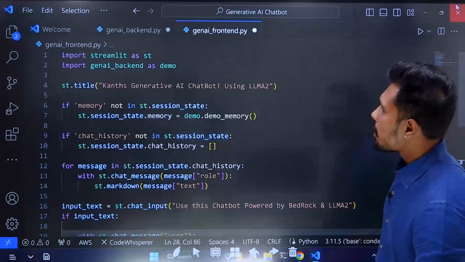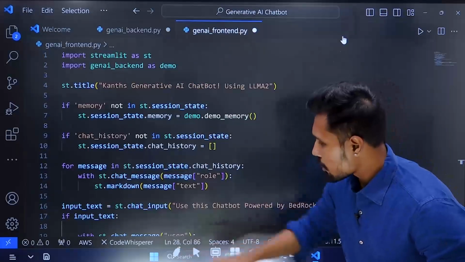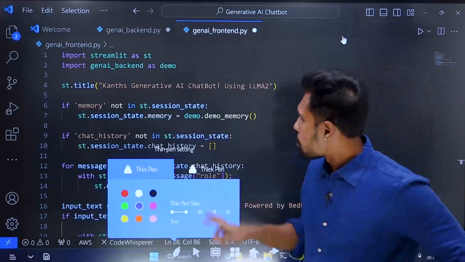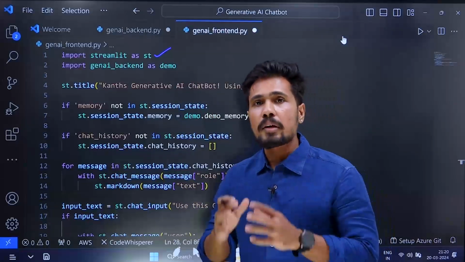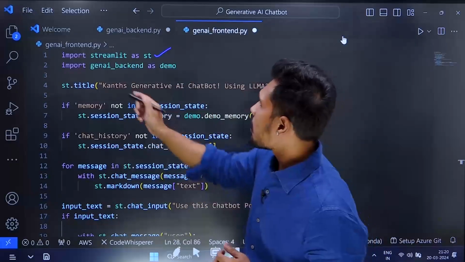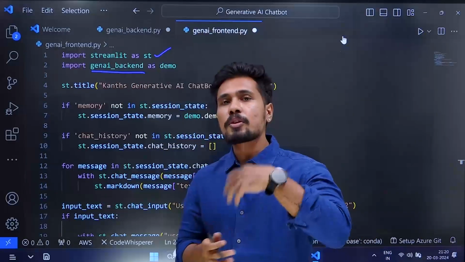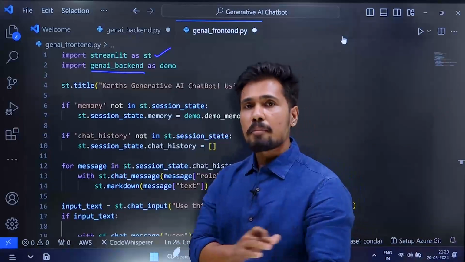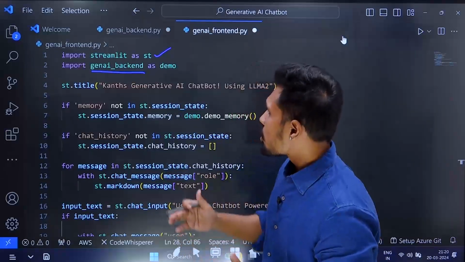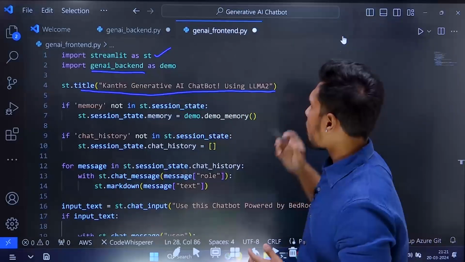So now what exactly are we saying? First we are importing Streamlit. By using Streamlit, we are able to create a UI. And we are using the Gen AI backend which we created, inside the Streamlit so that we are able to code our LLM. This template is pretty much available with Amazon Bedrock. Now I want to give the title to my application,